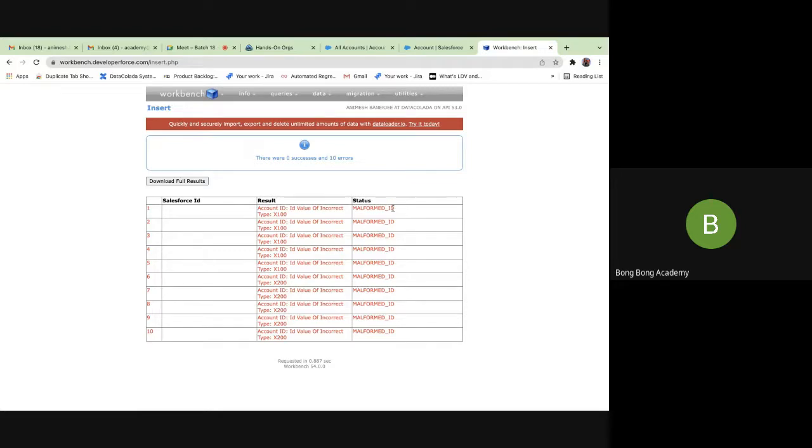Malformed ID. So it is not allowing us. So we did a lot of work, but it did not allow us to use it at all. Because Salesforce is expecting 18 characters there. The Salesforce formatted correct IDs. But I am giving my own IDs. That won't work. Salesforce will not accept.